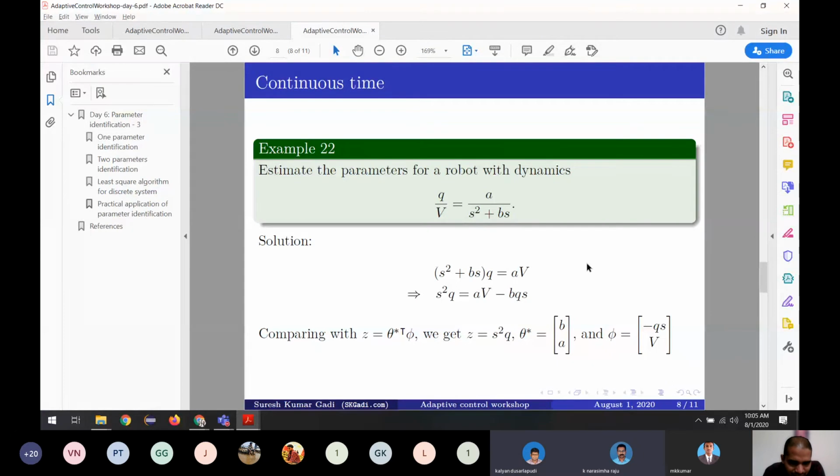Okay. So A and B we have estimated. What we want to estimate is the A and B values. So how do we make sure that we estimated correctly? It is by matching our result with the result we are measuring. So we have approximated in terms of Z and Z cap, as per the algorithm.